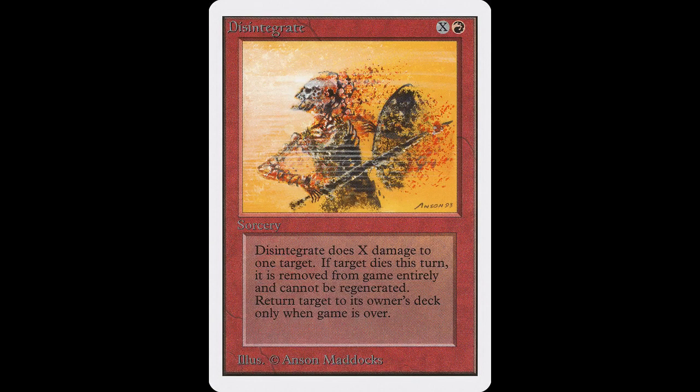All right, so let's begin red, the color of chaos and destruction. And the first one, with awesome artwork, again by Anson Maddox, is Disintegrate. This sorcery casts for X colorless and 1 red. Disintegrate deals X damage to any target. If it's a creature, it can't be regenerated this turn, and if it would die, exile it instead. If you'd like to add this card to your red deck, it will currently cost you $3.27, and it's been